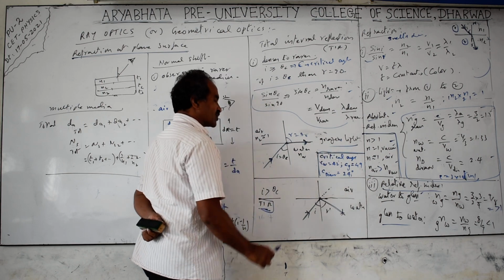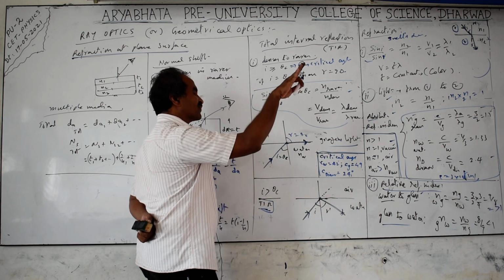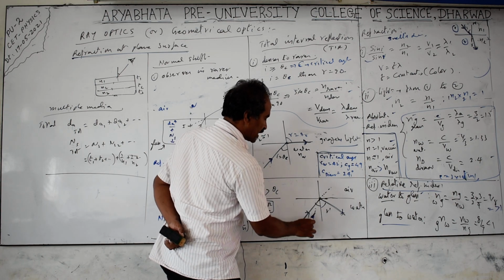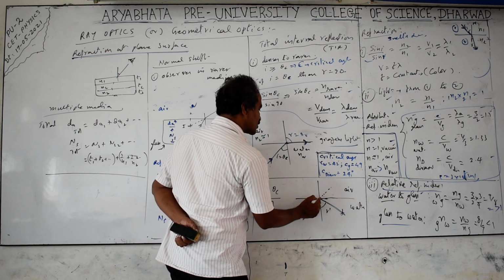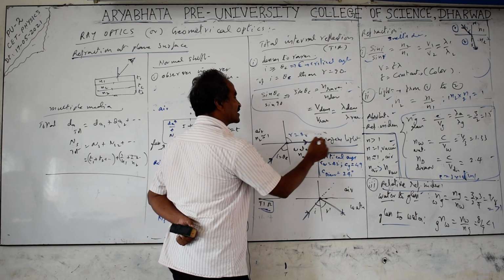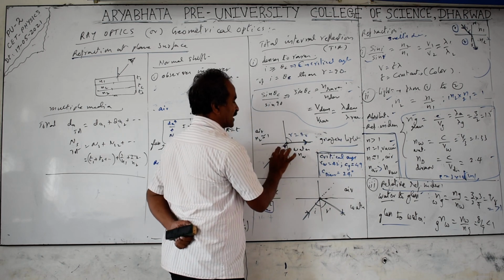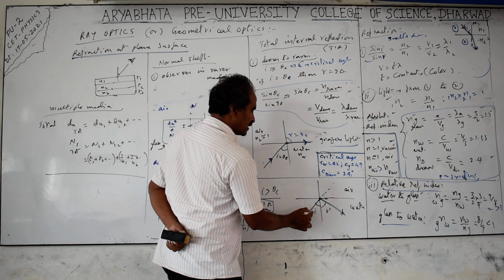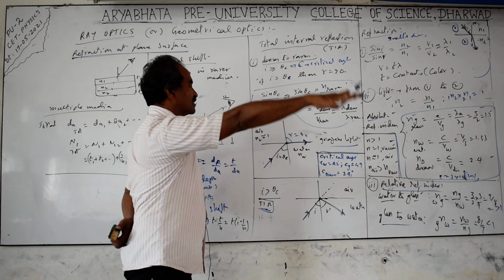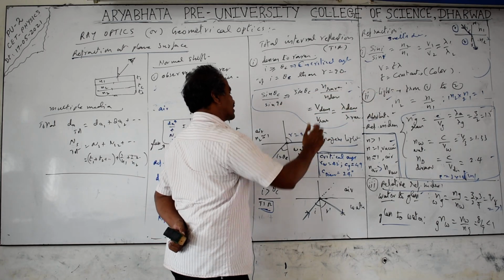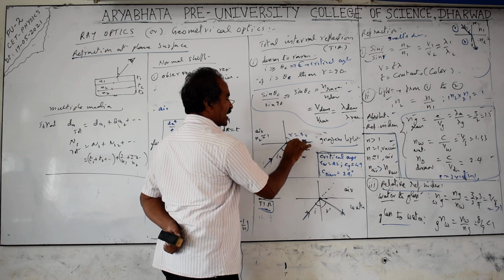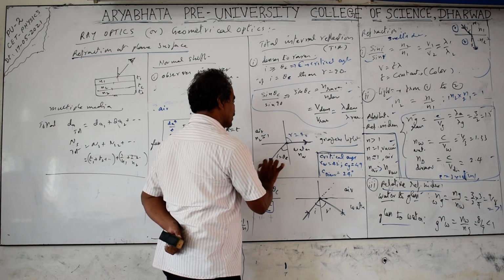So if you are swimming in the water and you look at the surface, if the angle of incidence of your view with respect to the normal is less than theta C, light goes into the second medium. If I is equal to theta C, light grazes the surface. That means if anything is floating on the surface, you are able to see up to this. This is called the horizon. You are able to see the level of the surface where the sun is, sunset and sunrise taking place. That also you can see from the water at this point, I equal to theta C. And you can see the sky touching the water when I is equal to theta C.